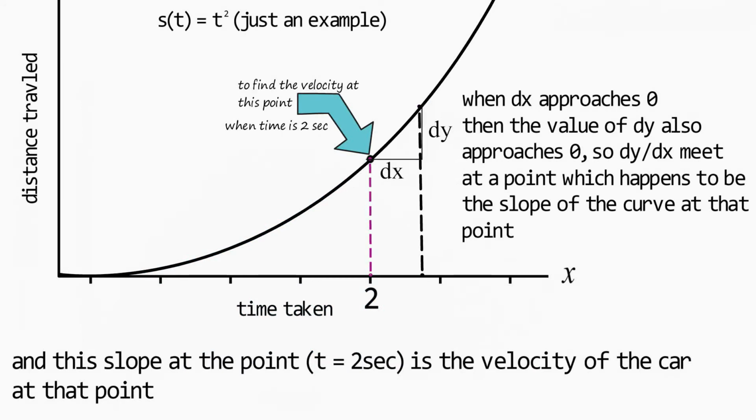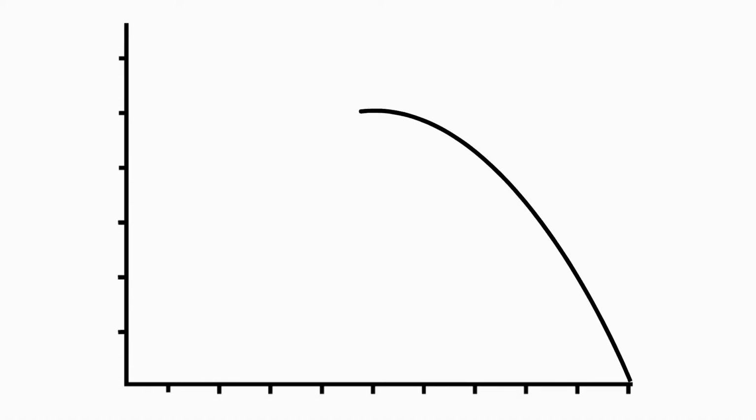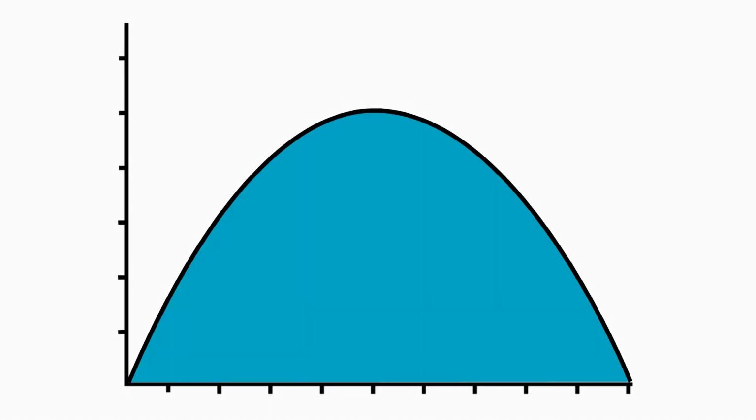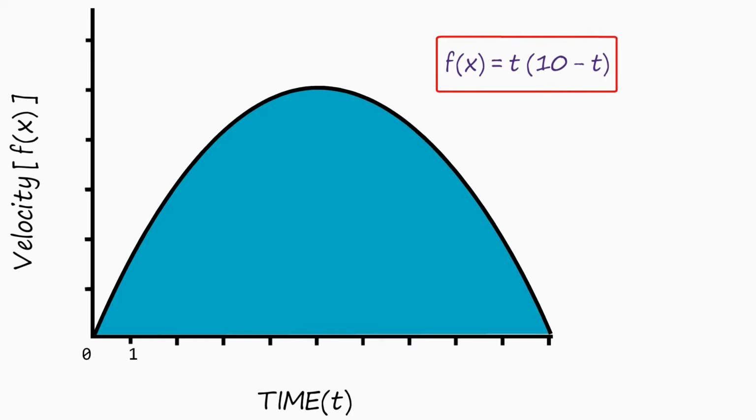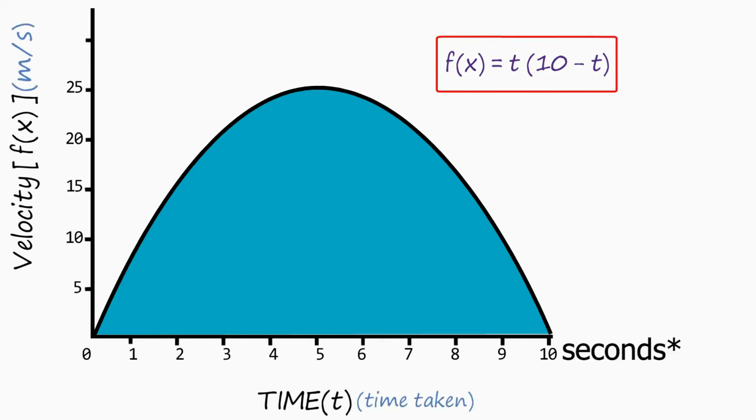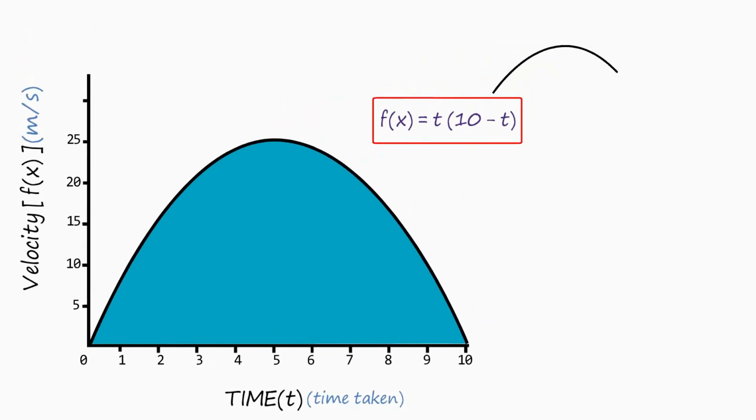So we know that differential calculus could be helpful for finding the rate of change at an instance. But to find the total area under this graph, we have to know the function of this graph. Like every continuous graph can be defined by a function, and as an example over here, we have a graph which can be defined by this function, where t can be any value from 0 to 10. And finding the antiderivative, aka an integral of this function, would give us the answer.